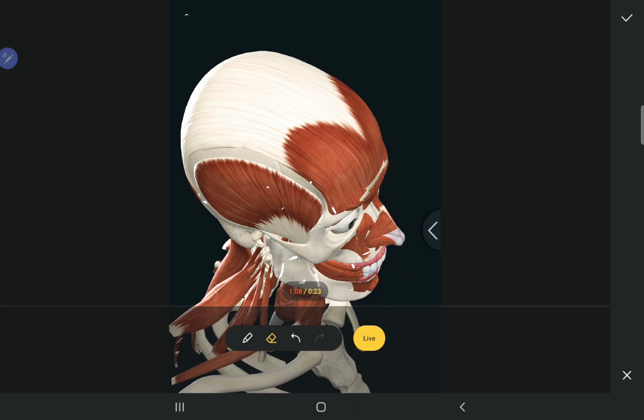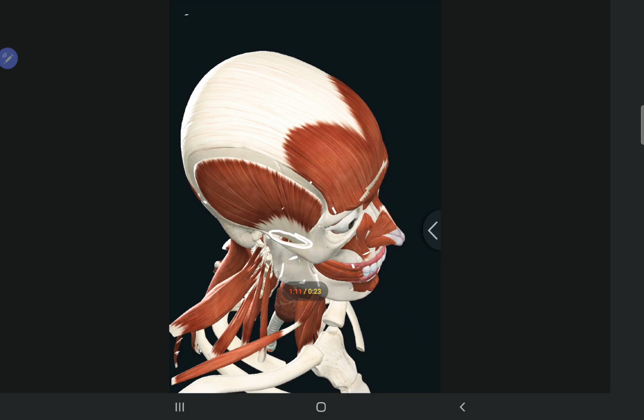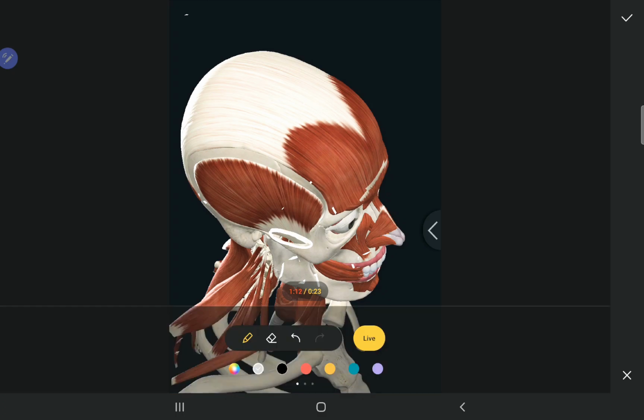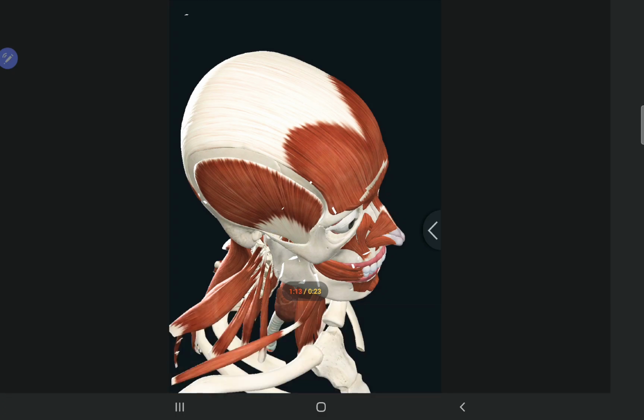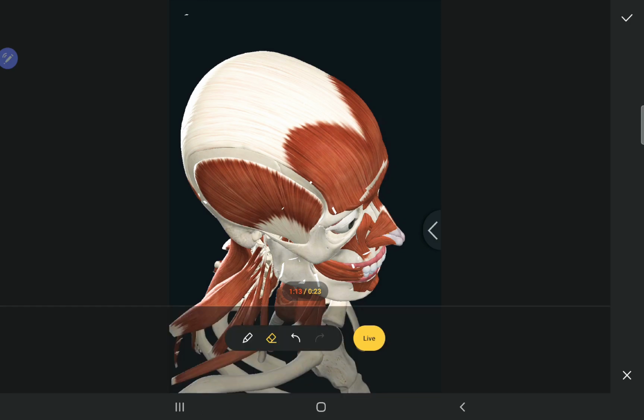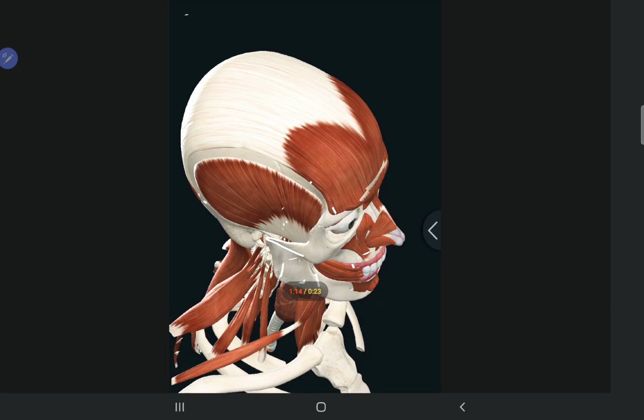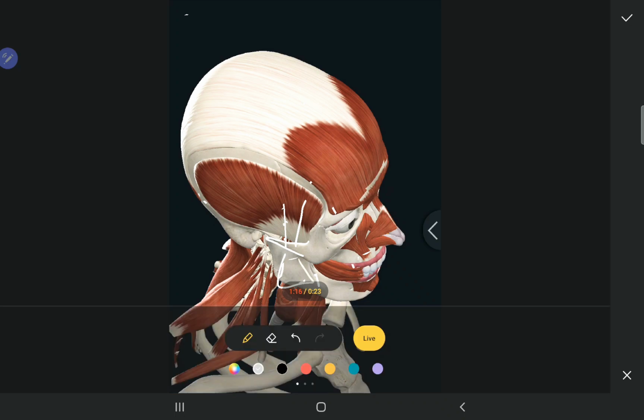If you can see, we are going from the temporal bone and we have this space, right? Once we reflect the superficial fascia, actually there is a zygomatic arch. So we have to reflect the skin first, then reflect the superficial fascia, and then you can see the zygomatic arch, and there is a space between the temporalis muscle and the zygomatic arch. In this space we are going to pass the elevators.